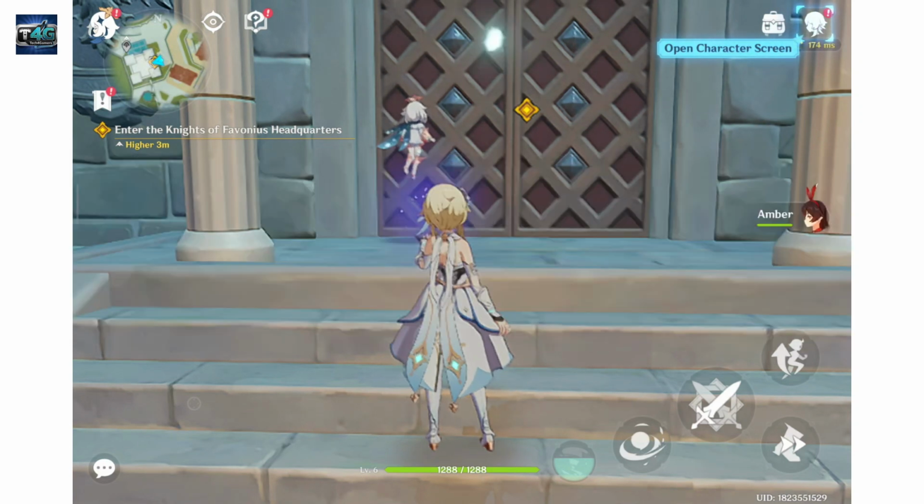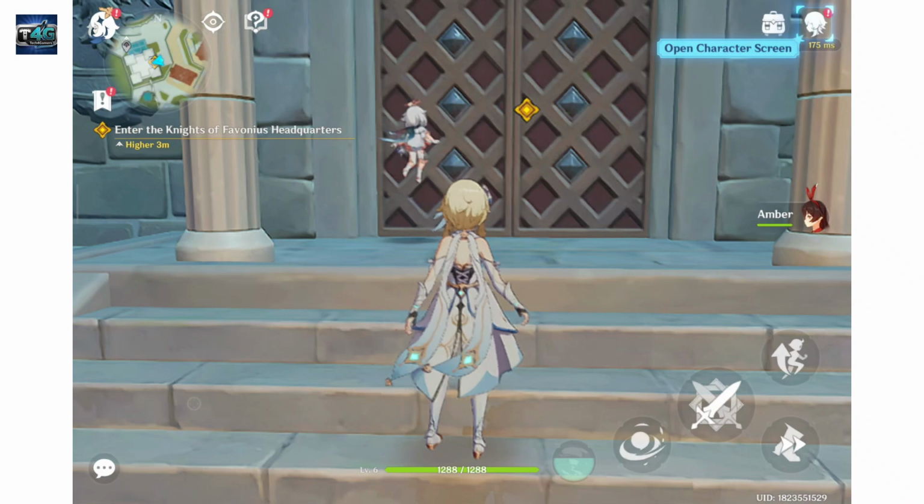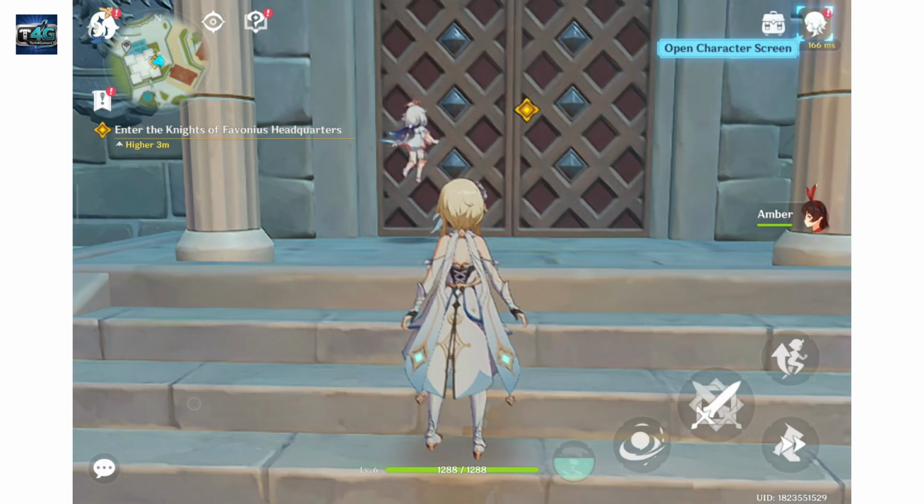If you want a quiet gaming experience in Genshin Impact, maybe to play at night, save battery, or focus better, you can easily mute the game sounds from the settings. So let's get started. First of all, open the Genshin Impact game on your device and log into your